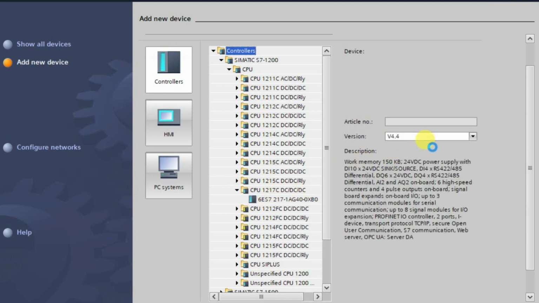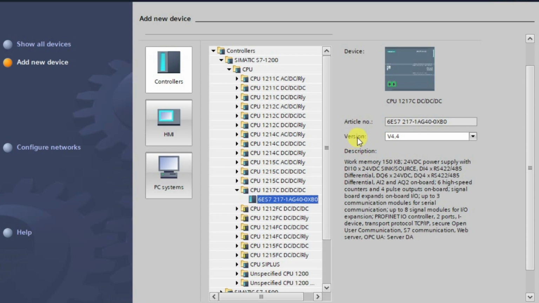One important thing: because we are working on a simulator, it is very important to note that the version should be 4.0 or above. Any PLC we take should have version 4.0 or above. If you take any other PLC whose version is less than 4.0, then the simulator will not work.